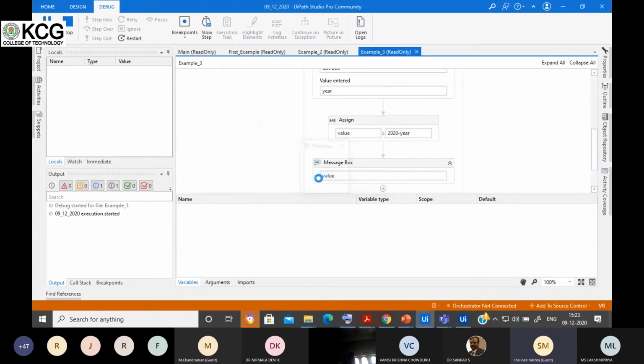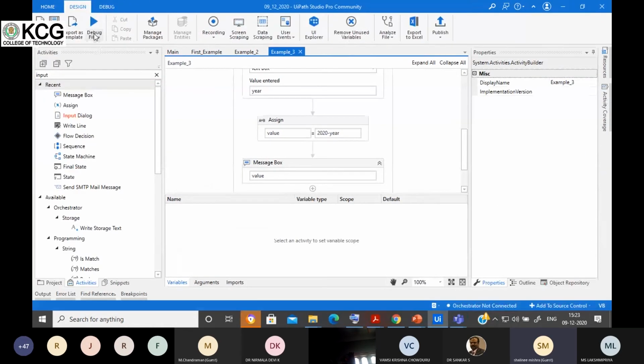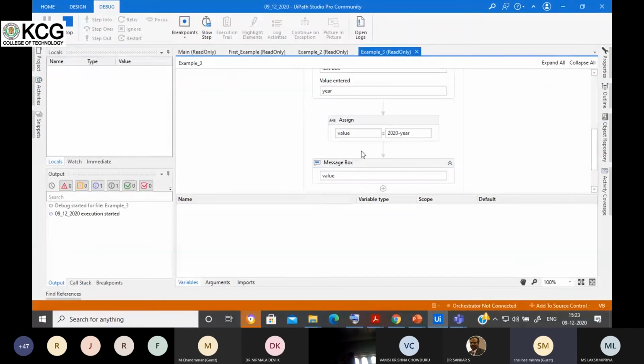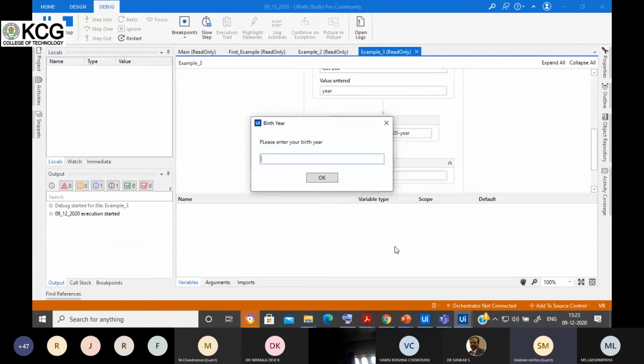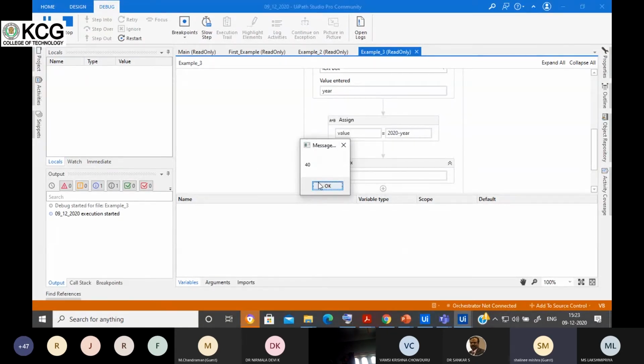Now you can see I'm getting the output that this is the person who is born in 1990, now he's 30 years. Okay, so this is how you can calculate the current age and you can change the variable types also. Suppose someone was born in 1980, so he is 40 years.